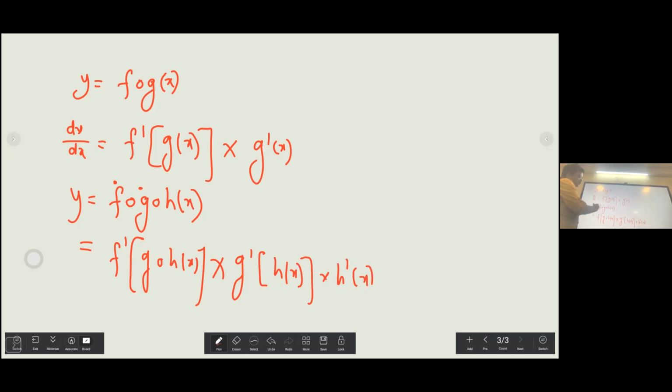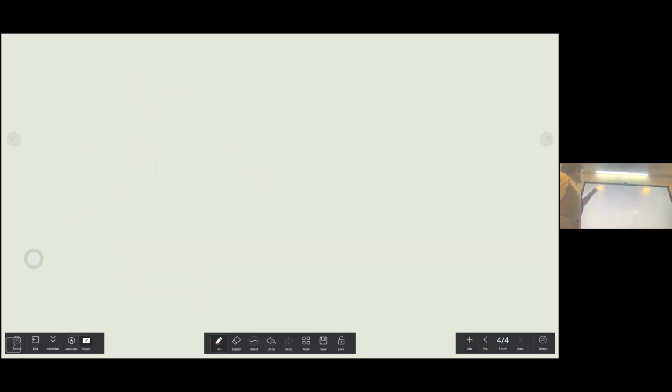So this is referred to as the chain rule because you are following a particular chain: you first differentiate the first part, then you differentiate inside, and then go to the inner one. So this is about the chain rule, and let's just take certain examples that are essential for understanding.